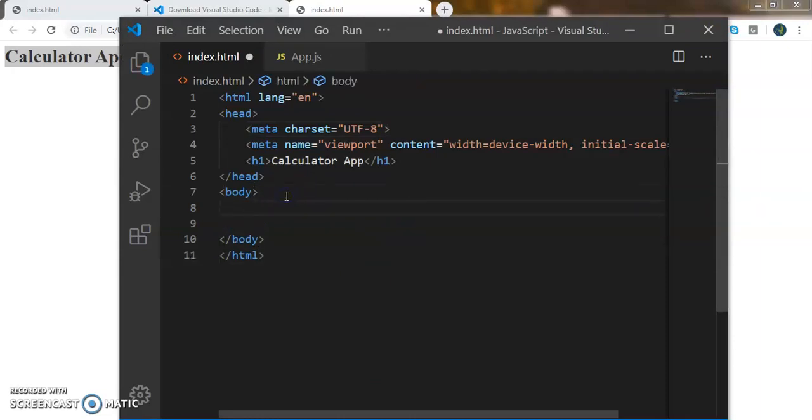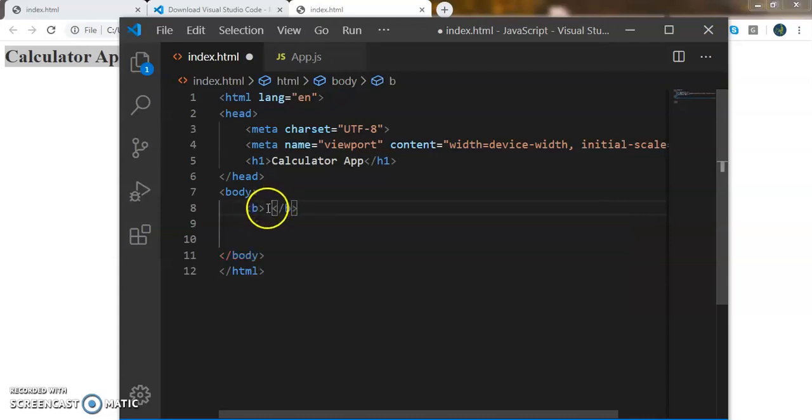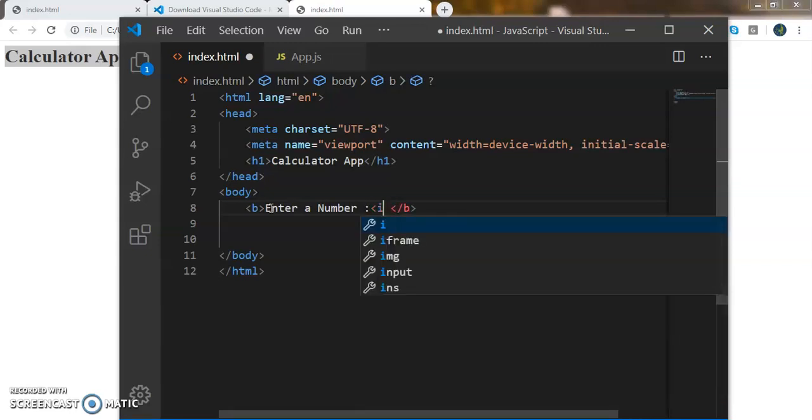So now we start coding the body. Let's give a label, enter a number, and we create an input box here.